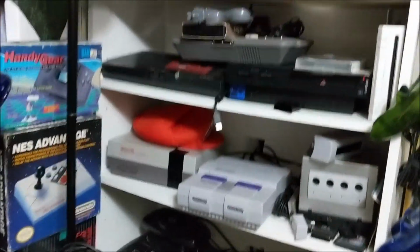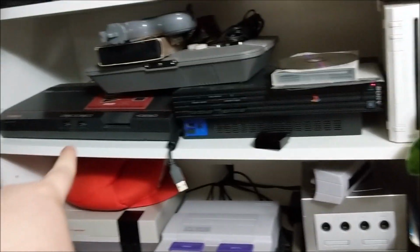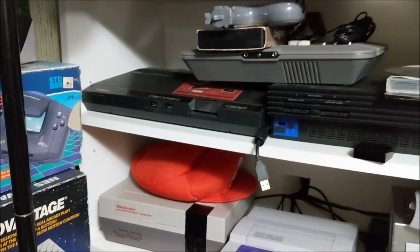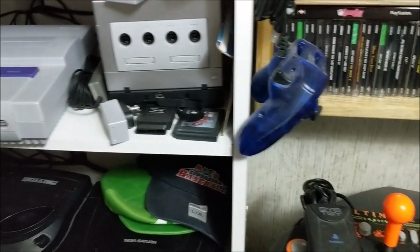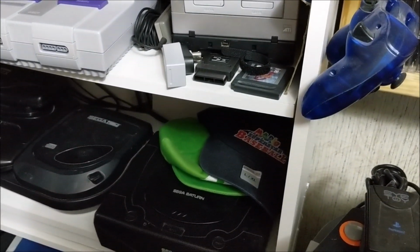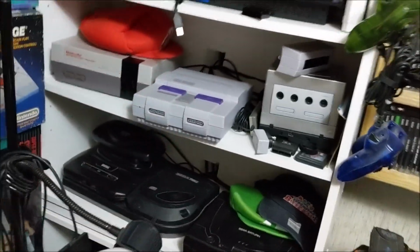I tell you one problem that I'm going to be encountering here soon, and I'm not looking forward to dealing with it. My Sega Master System, the video is not working correctly with my switcher boxes over here, and it's not the console. I know it's the wire. It's an aftermarket wire. The problem is I got to get back there and change it out, and all this stuff is somewhat organized. You can see how there's holes in there that lead to the back here. It's just not fun to move this big Trinitron TV without knocking stuff off on top of it. It's going to be a pain, but I'll do that soon